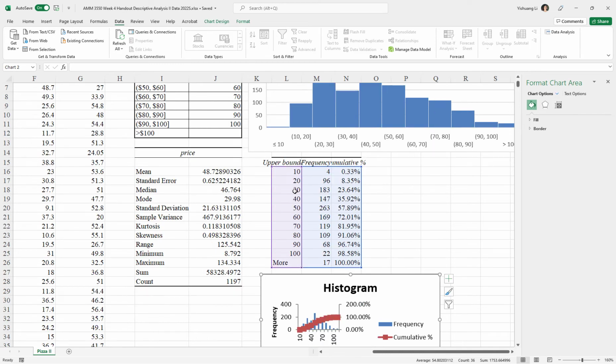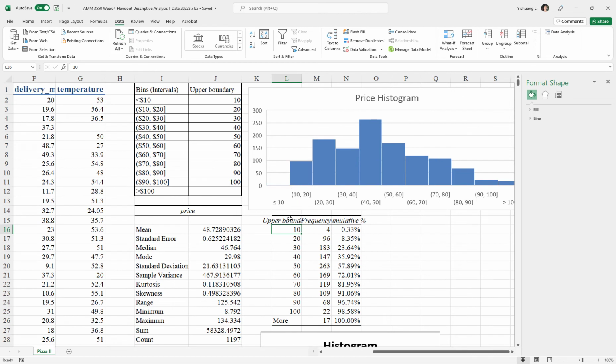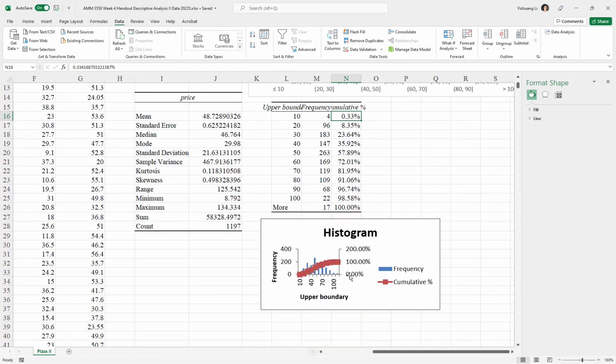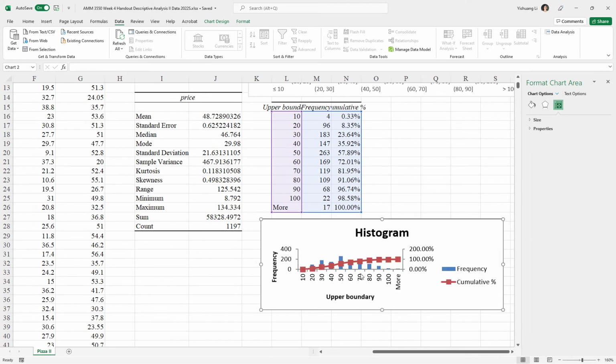The table shows the upper boundary I just set, a frequency calculated from the original column C, the column that's giving me the price, and also a cumulative percentage column. Okay? They should add up to 100. This histogram does not look pretty, but if I have this range,